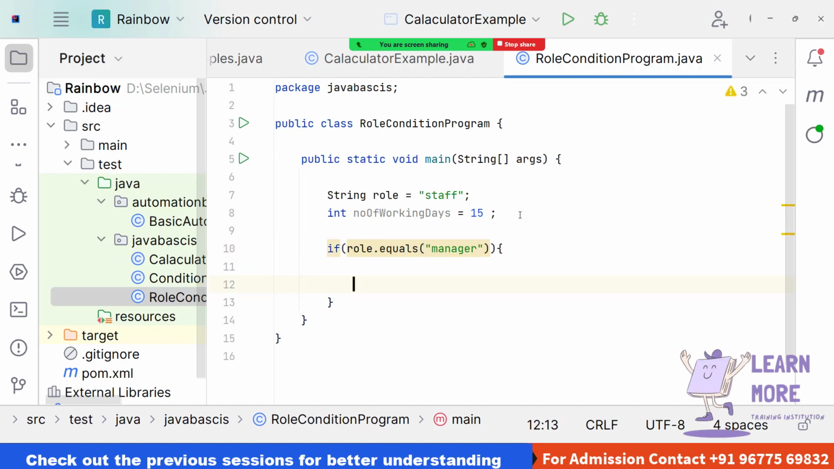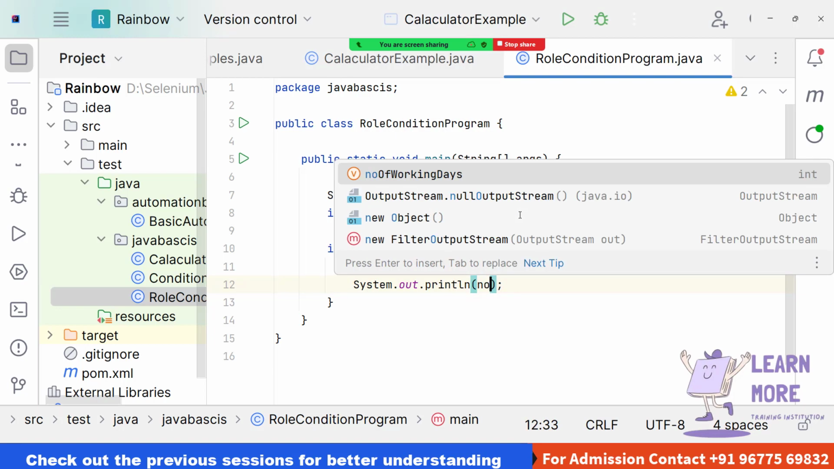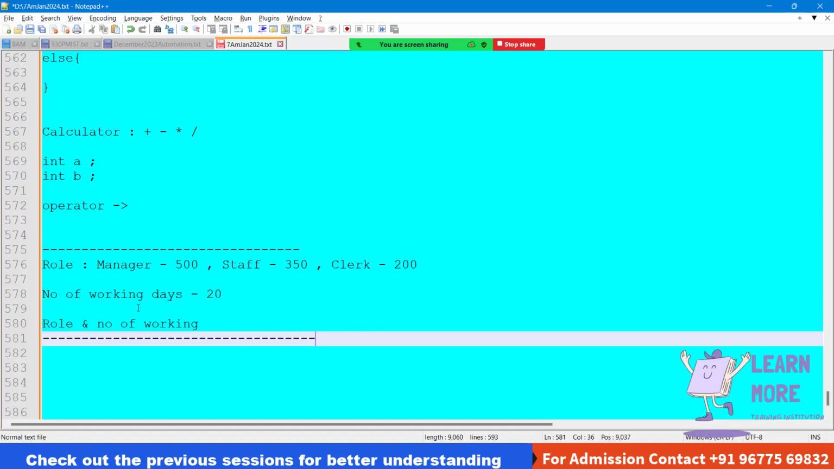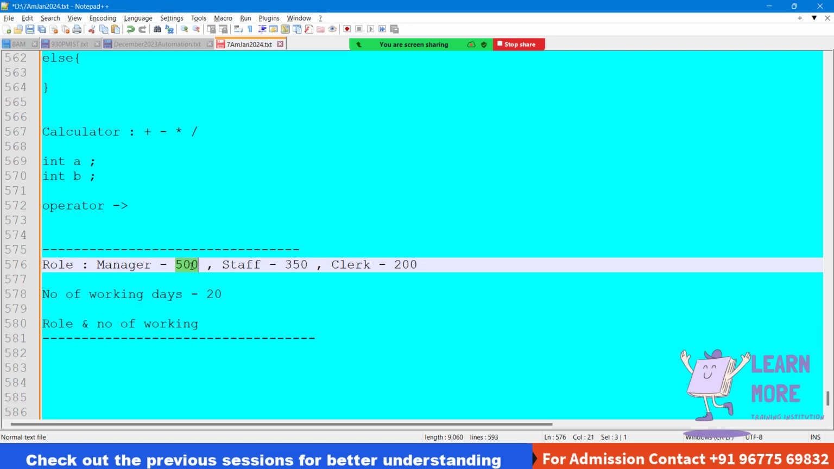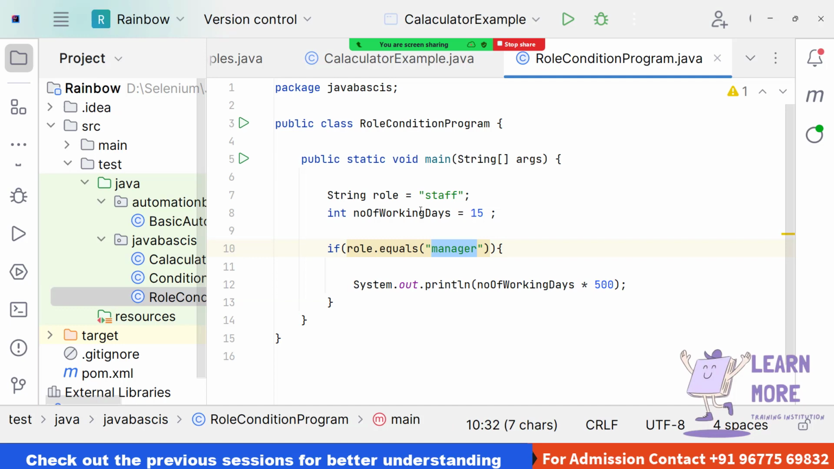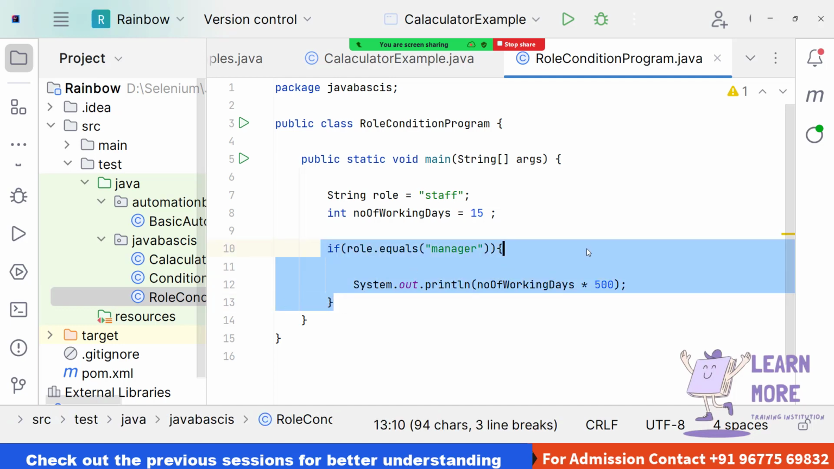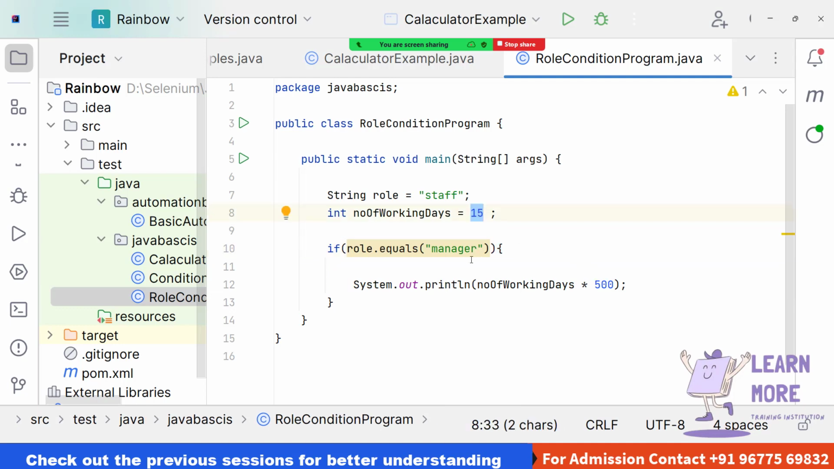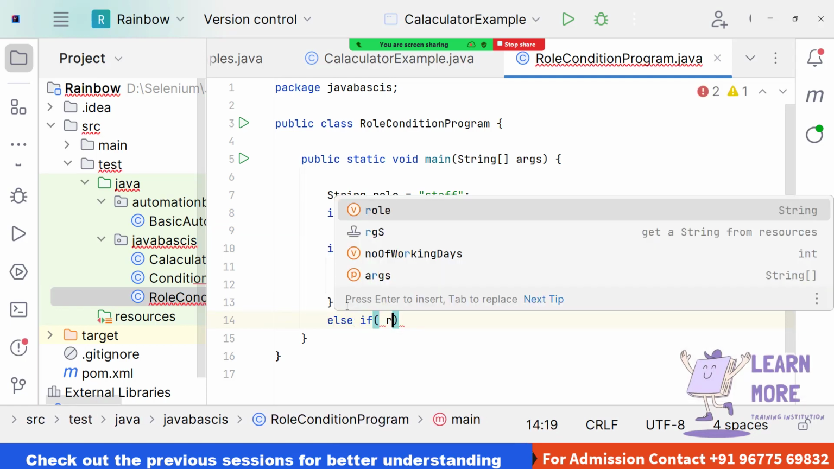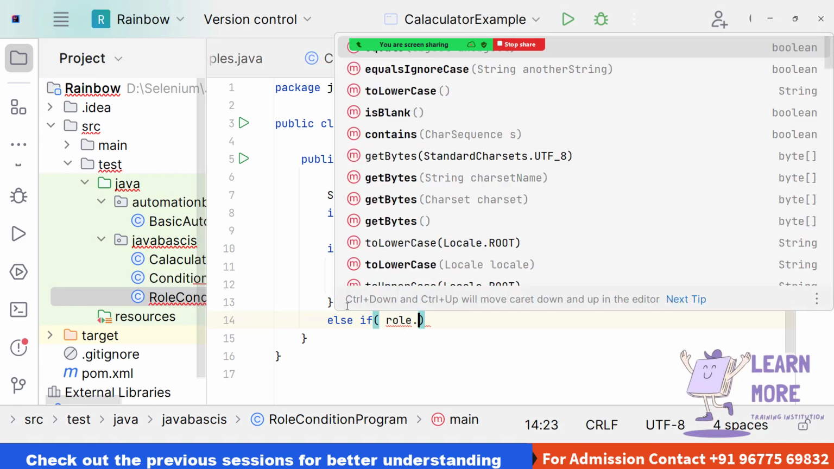We need to calculate the salary of the manager. How can we calculate the salary of the manager? The number of working days multiplied by the fixed salary of the manager per day, which is nothing but 500. So we can mention it as 500, which means whenever the role matches with manager, the particular block will execute by calculating the salary by multiplying with the number of working days. In a similar way, I can add multiple else if blocks. I can add the role for